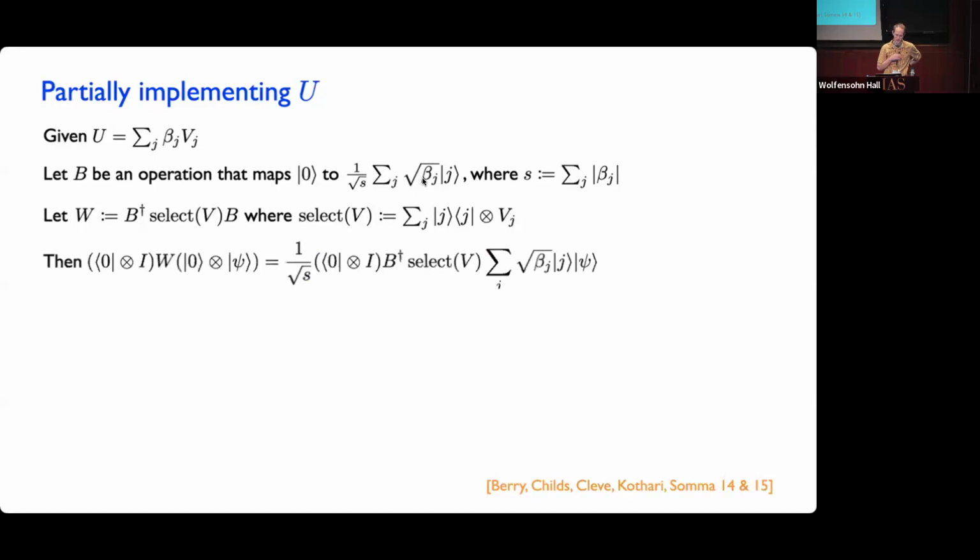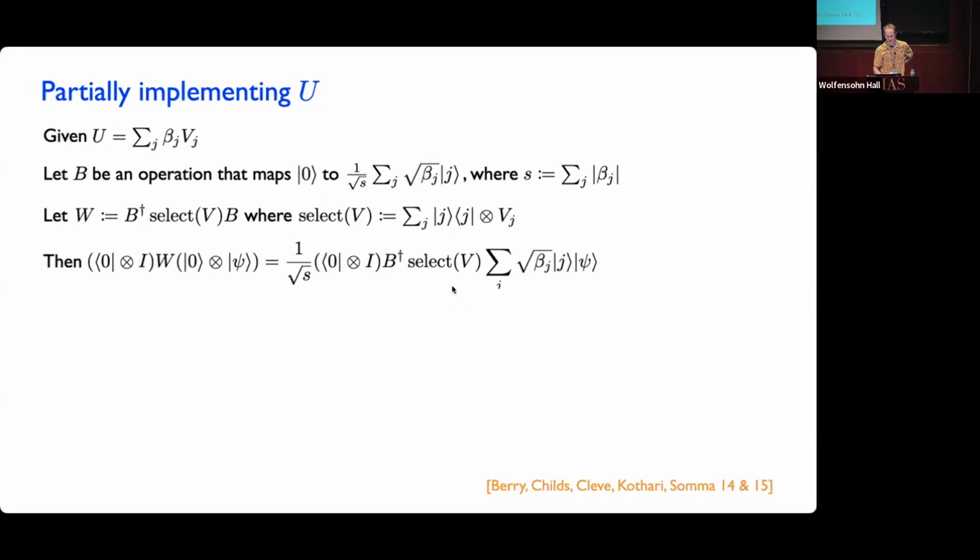OK, so then what we can do is start with this ancilla register being in 0. We have our state that we want to simulate, psi, as input. We're going to apply this step W, and then we're going to look at the piece that we get if we project back on the 0 state for the first register. We're not going to do anything to the second register. This is just the identity operation.